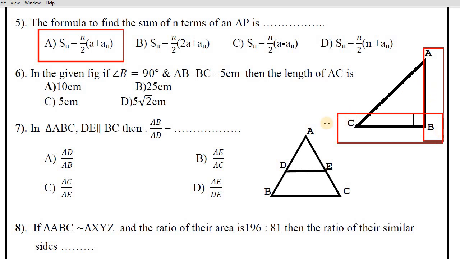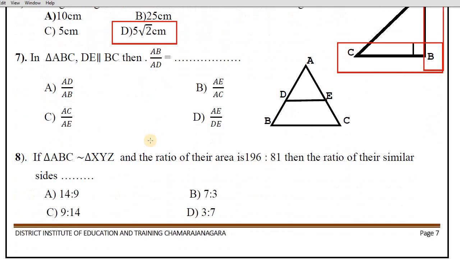So here, in a right angle triangle, whenever the perpendicular and base are both equal, in that case the diagonal length will be the length of the side multiplied by root 2. So here the length of the side is how much? 5. Hence 5 multiplied by root 2. So here we get the correct answer is option D, 5 root 2 centimeter. Let's take another problem, children.